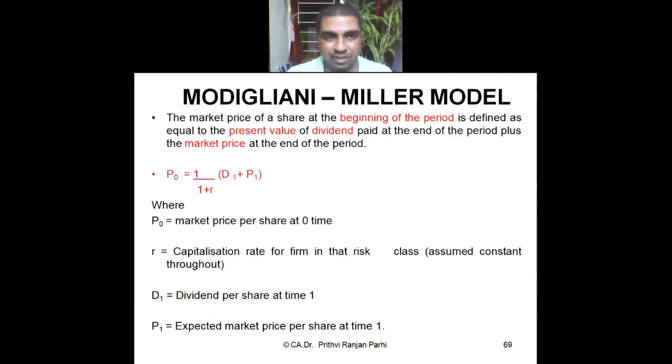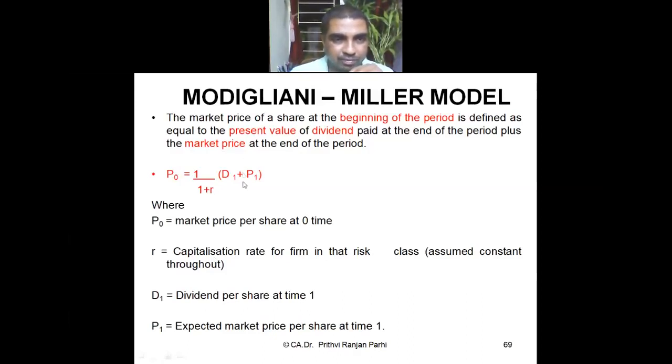Now, having understood this, I think broadly we have understood what the theory of Modigliani and Miller's model is. So now what we are going to do is try to understand some of the equations which were developed by Modigliani and Miller. Let us try to understand the equation from the very beginning. I think you are familiar with this formula. This is the formula which I am showing you right now. Are you familiar with this formula?